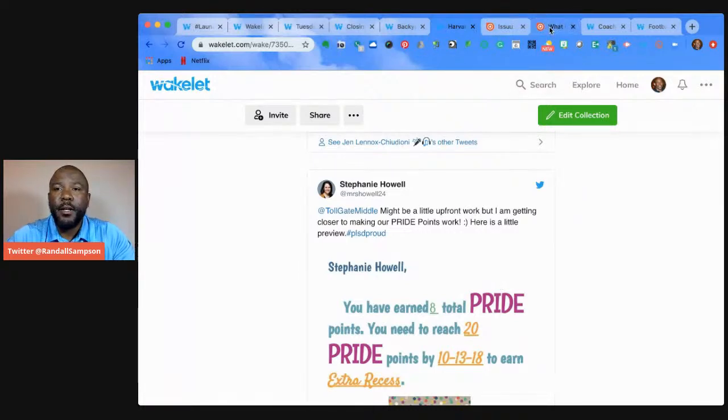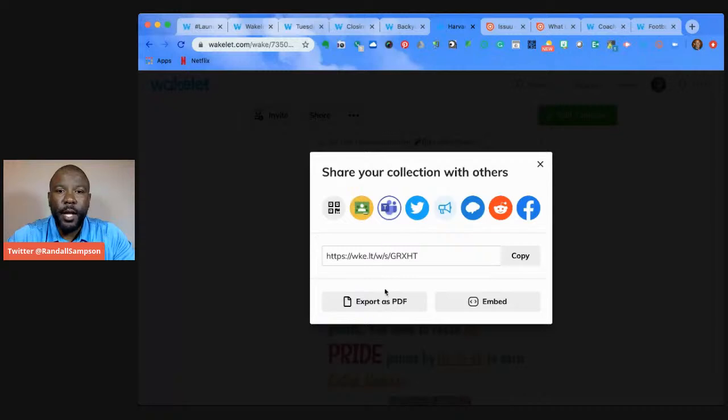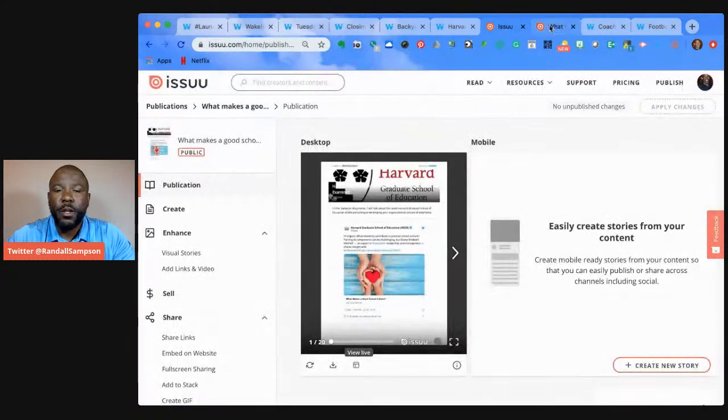And then to take it to the next step, I can hit share. I download or export this as a PDF. Now I have this entire collection as a PDF, and everything inside of that PDF remains live, meaning you can still click on the links. I just come into this site right here, Issuu, and I can drop my PDF into Issuu, and